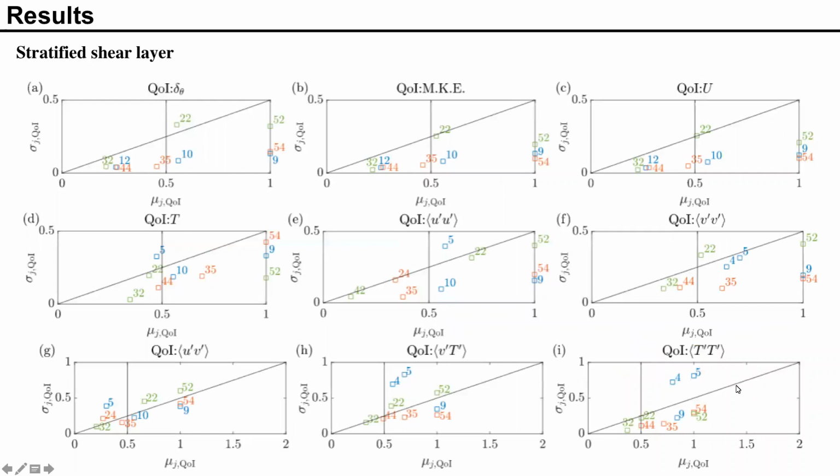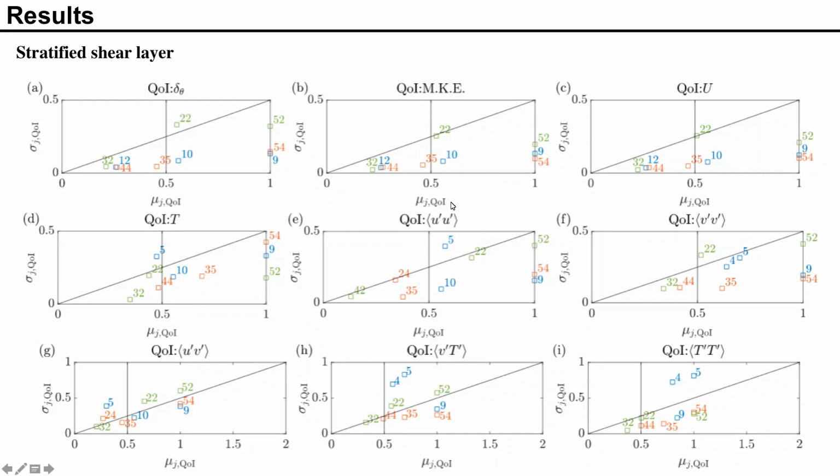All right, having validated our methodology, we now apply it to a stratified shear layer. Of course, this will be a more challenging case. The results are shown here. And as you can see, indeed, this result is, should I say, much less attractive than the one we showed before, because many of the perturbations become inconsistent. And if we remember, inconsistent perturbations mean that if we calibrate at a training condition, it is unlikely to generalize to other conditions within the flow space. So this is actually very undesirable.